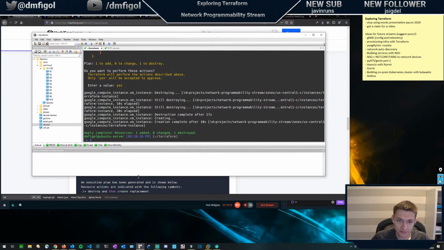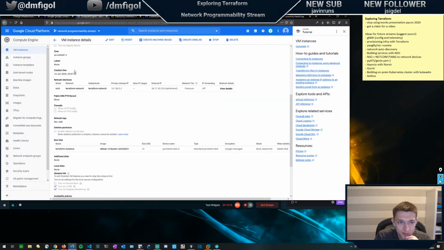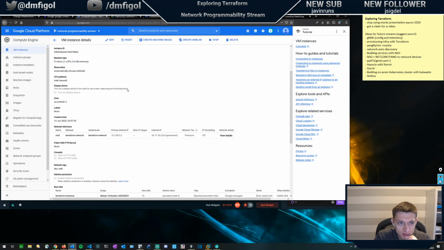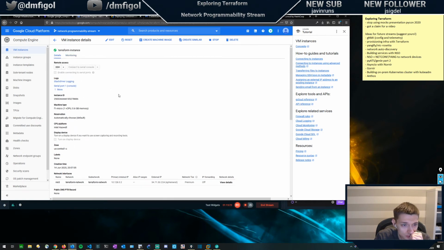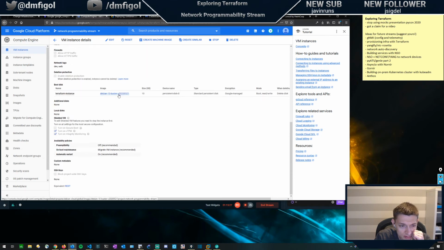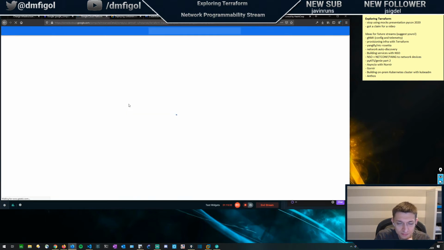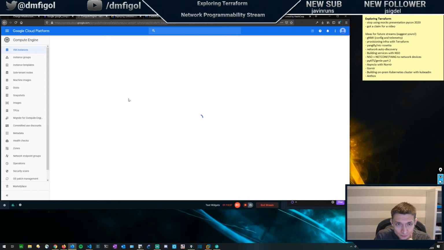So my Terraform apply worked. So I guess if we go back to compute engine, there should be a boot disk or something. How do I see a boot disk? Oh, over here, yeah. So it's Debian Buster. If I update this, actually,